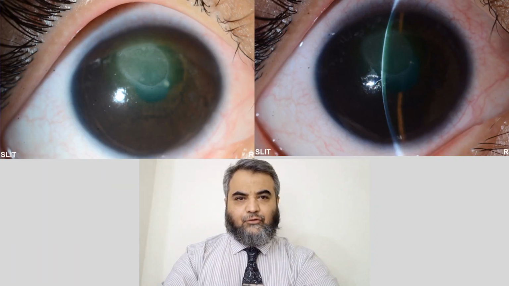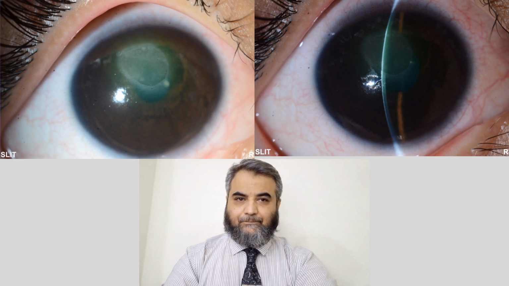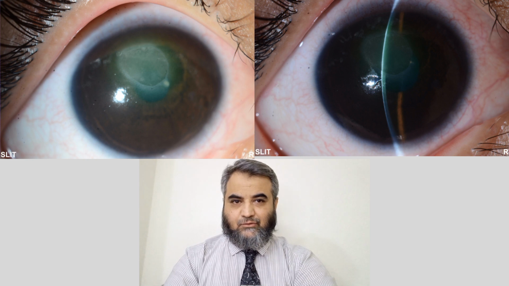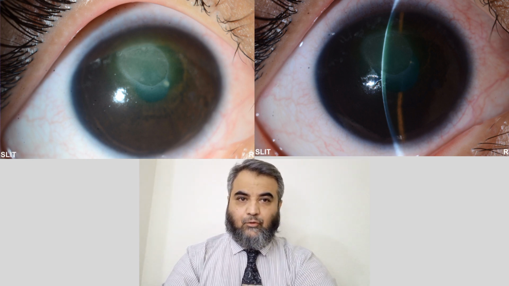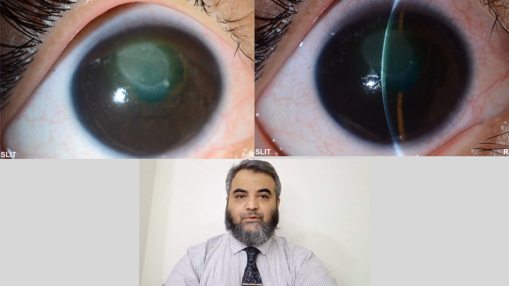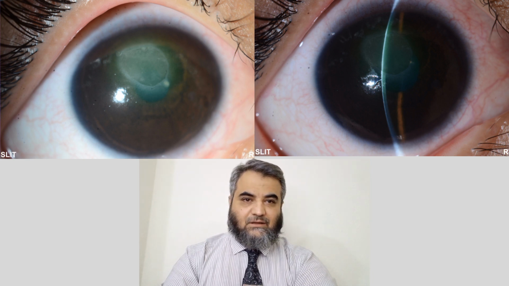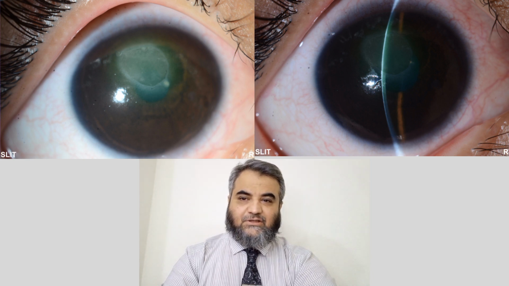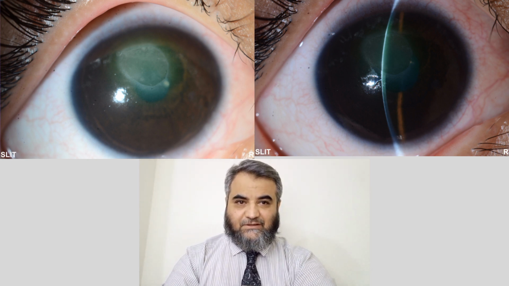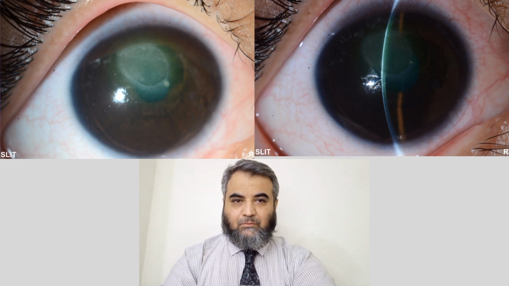This is another photograph of the same patient. Here you can see again occupying the central area, but the anterior chamber on the slit lamp on the other side, you can see there is no hypopyon over there. Of course you cannot see the cells, but there is no hypopyon, no infection, and mild conjunctival congestion and redness. In fact, the vision of the patient was also not that much affected, but the problem is it is occupying